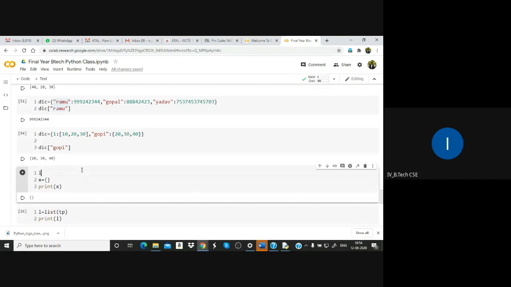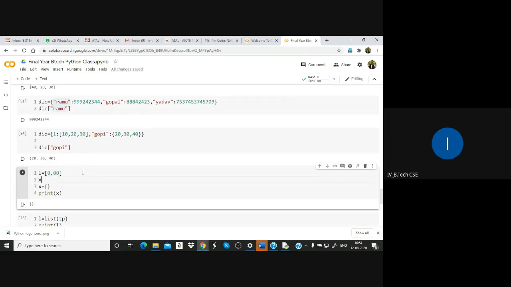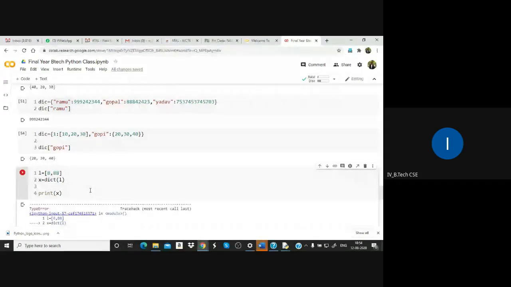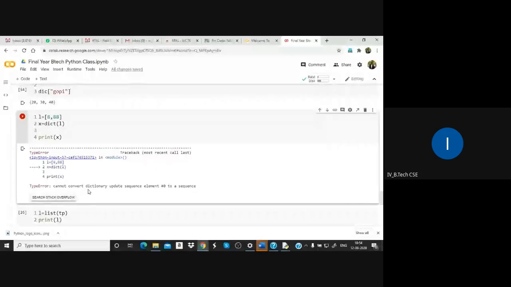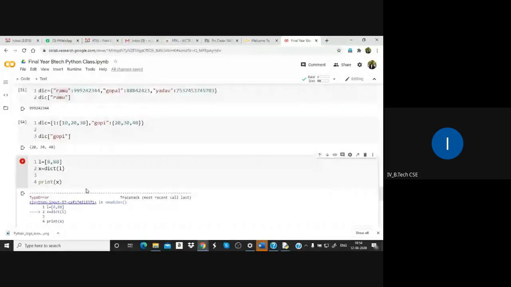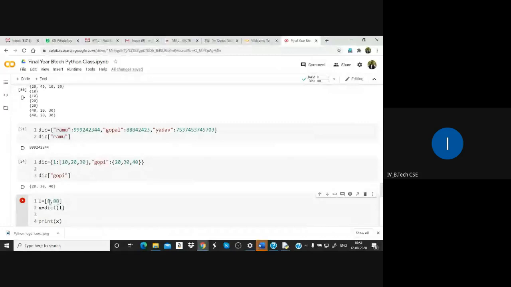So I created a list L, something. Now X is equal to dict of L. Now it will be converted into a dictionary. So a set can be converted into a dictionary, sorry.